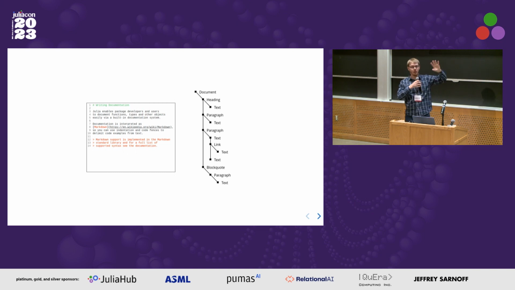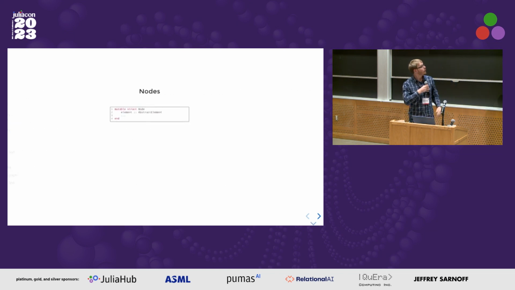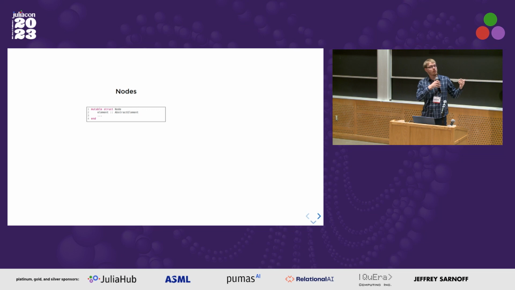Overall, the root node is the document, and then you have the top level elements, which are the headings and a couple of paragraphs, but the paragraphs themselves are sequences of text, link text, and so on. So you get a tree kind of structure. The natural data structure we want to use in Julia would be some form of tree. And quickly, just to show the implementation,